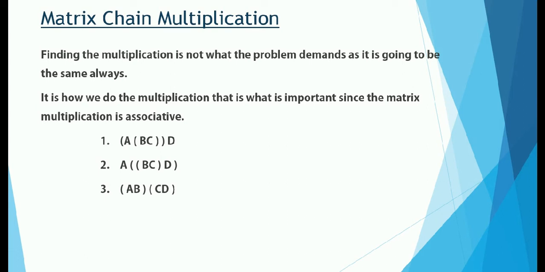In the third way, I'm multiplying A and B together on one hand and C and D together on the other hand, and then multiplying the results together. In the fourth way, I am multiplying C and D together and then the result with B and then the entire result with A. In the fifth one, I am multiplying A and B together, then the result with C and then the entire result with D. So there are 5 ways by which you can multiply A, B, C and D together. We have to pick which one of these 5 gives us the minimum cost.